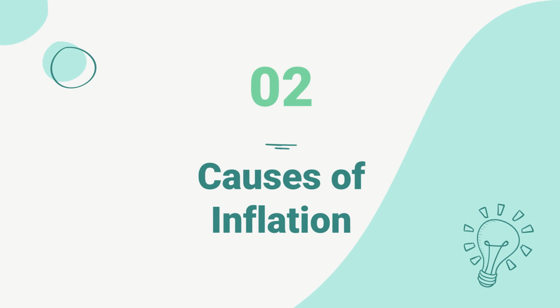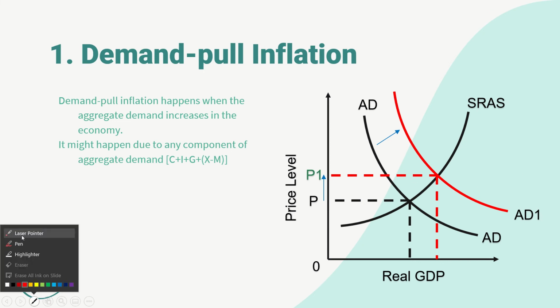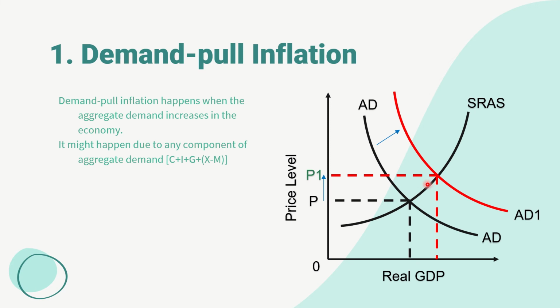The causes and the types of inflation are the same, and the first type is demand pull inflation. An increase in general prices because demand increases will cause demand pull inflation. So if you are in an economy and there is higher demand in the country, if the demand increases due to any reason, then there would be an extension in the supply curve. There would be a shift in equilibrium upwards. This will set the new price to P1. So from P to P1 the prices will increase.